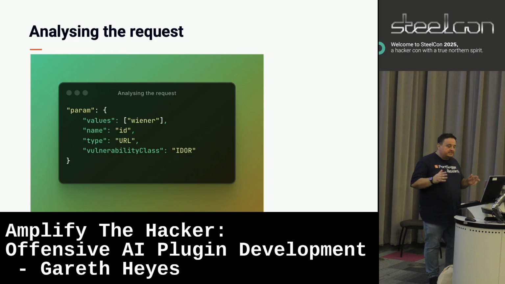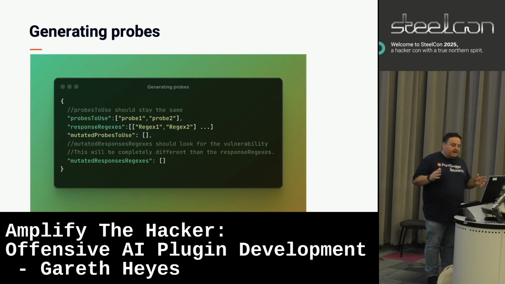After analyzing the request, the AI recognized I was probing the ID parameter. It correctly identified the context as a URL parameter and inferred the vulnerability class was IDOR, insecure direct object reference. Once the AI has identified the vulnerability and the relevant parameter, I ask it to generate appropriate probes, mutated variants, and regular expressions. By including single comments as guidance, the AI instinctively infers the expected structure based on the examples